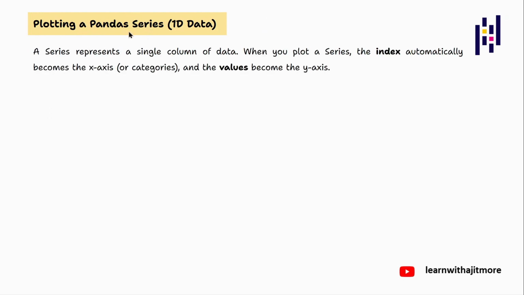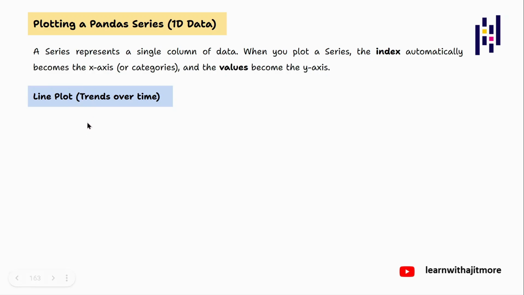So already you know series is a one column table, right? So series represents a single column of data. So when you're plotting a series, okay, so whatever the labels are there to that values in that series, which I showed, 0, 1, 2, 3, they will be taken as x-axis, okay, and the values in that series will be taken on y-axis, okay, and at the appropriate place a dot is shown, and all the dots are connected with line. Okay, so how to do it? That I'll do with the first type of graph called line plot,